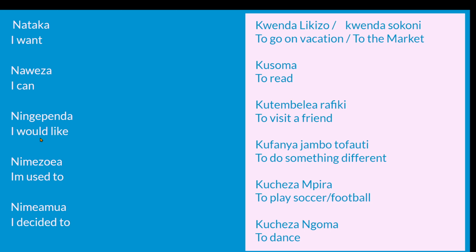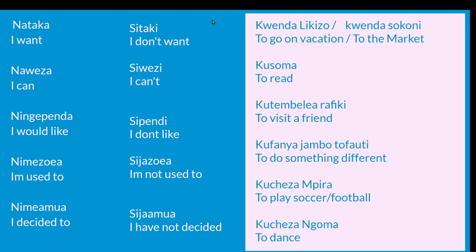I'm used to doing something different. Nimeamua kucheza mpira. I have decided to play ball. So mpira is ball, but I think we would probably say I decided to play soccer or I decided to play football.